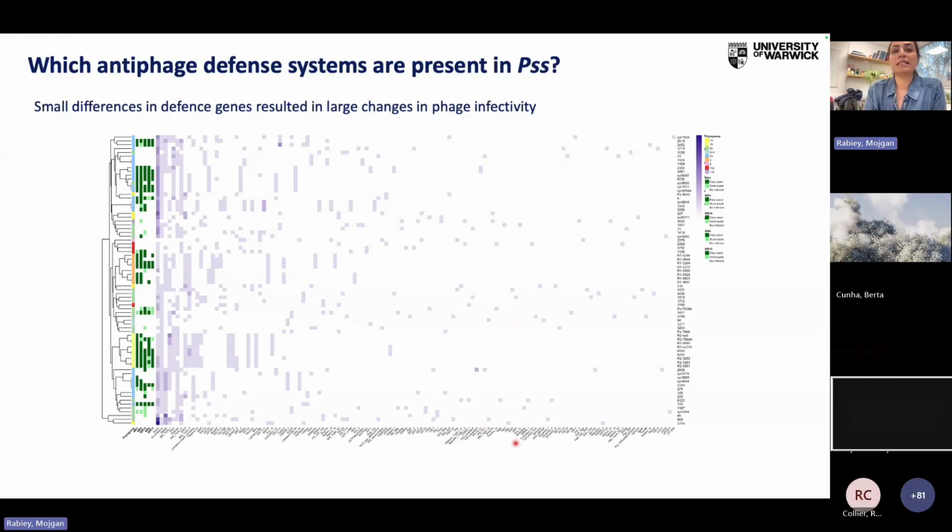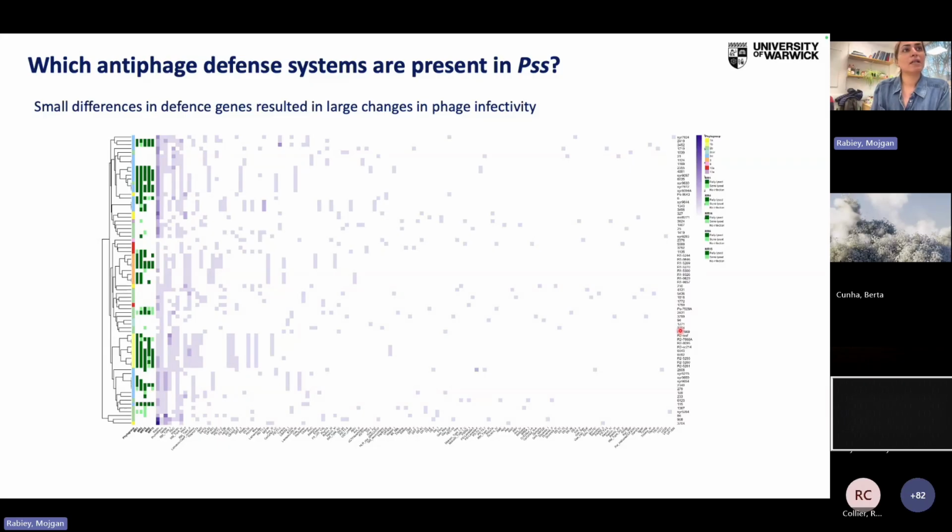However, for PSS and PSM, antiphage defense systems are really diverse compared to XCC. So you can see the panel here on the x-axis. These are all the antiphage systems we have identified. And again, you can see the host range here and the panel of hundreds of